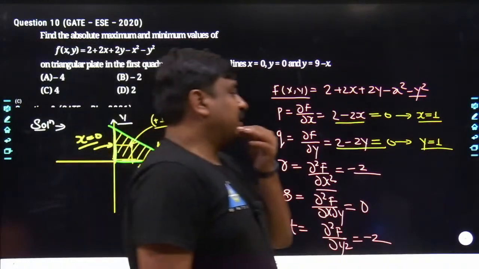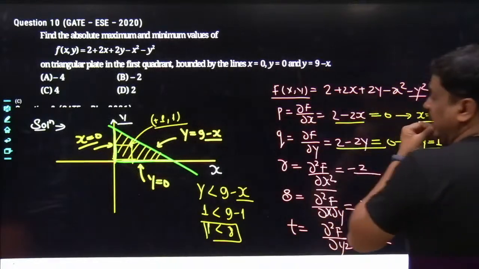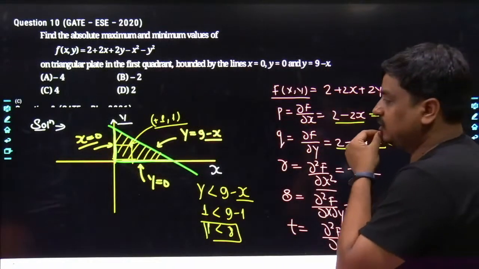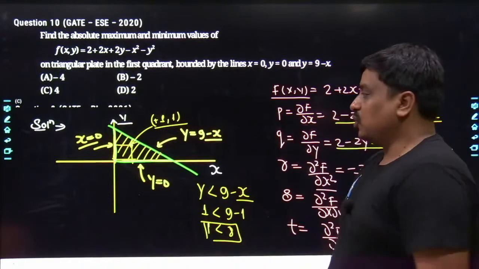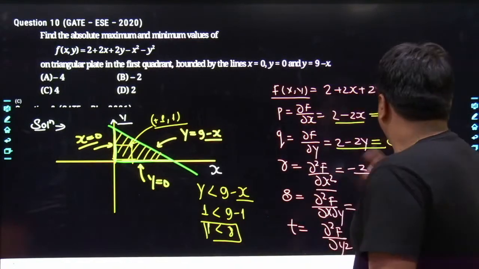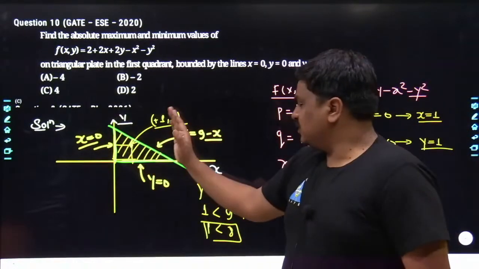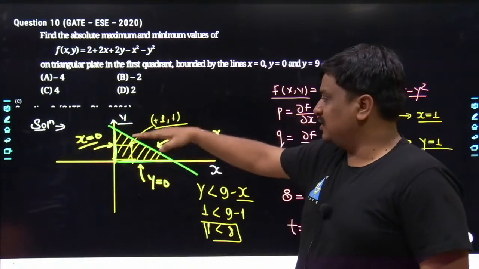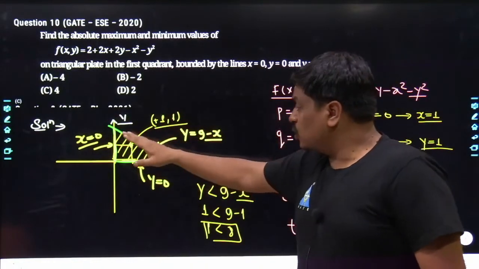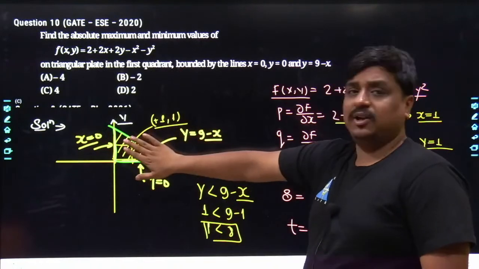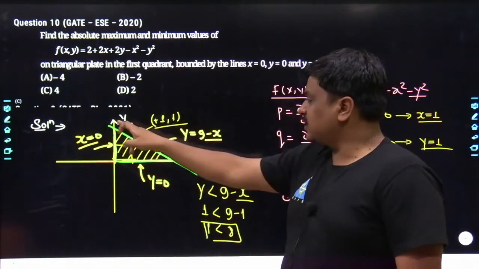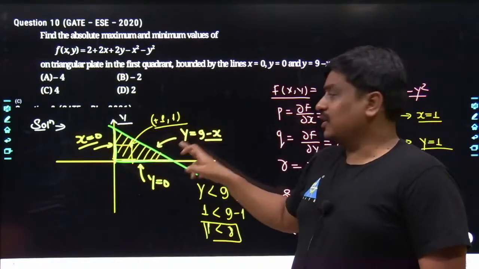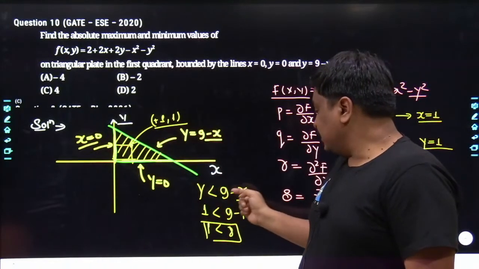So I have seen many of the times, if this many data are being supplied along with the problem, many of the times the students get stuck, but you need not worry anywhere. x equals to 1, obviously it has been towards this side, y equals to 1 has been towards this side, but that 1 comma 1 should not go beyond this straight line, it has to be in between. So now how will you check? This straight line can be written in the first quadrant as y lesser than 9 minus x.